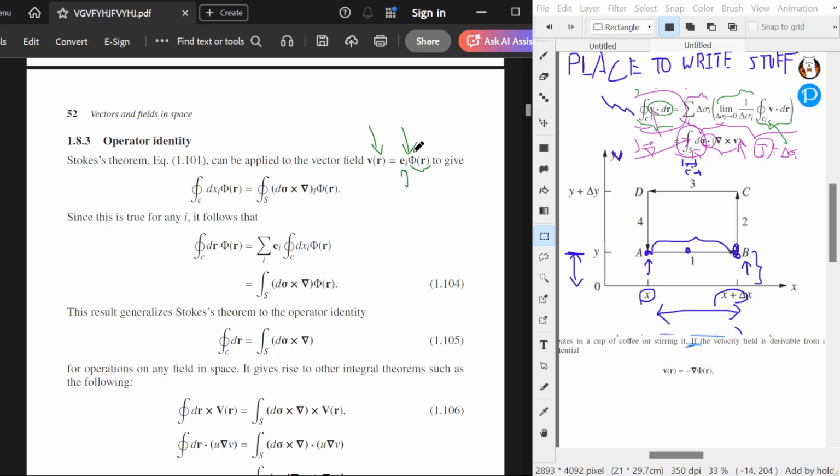Vector field V equal. So you're saying that this vector field only points in one direction, like every single point in this field is e_i. I think that's what it's saying. Stokes' theorem can be applied to this to give